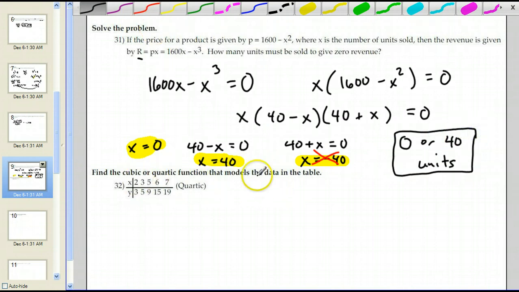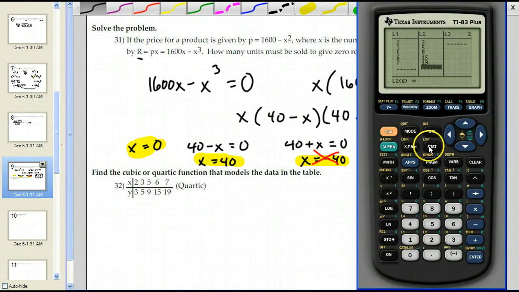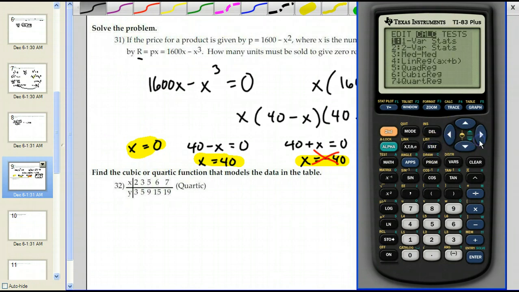Alright, and then we want to find, and again, more regression, a quartic that models this data. So put x in L1, y in L2, stat, come over to calc. We want quartic regression, so all the way down to number 7. Alright, and then there's our